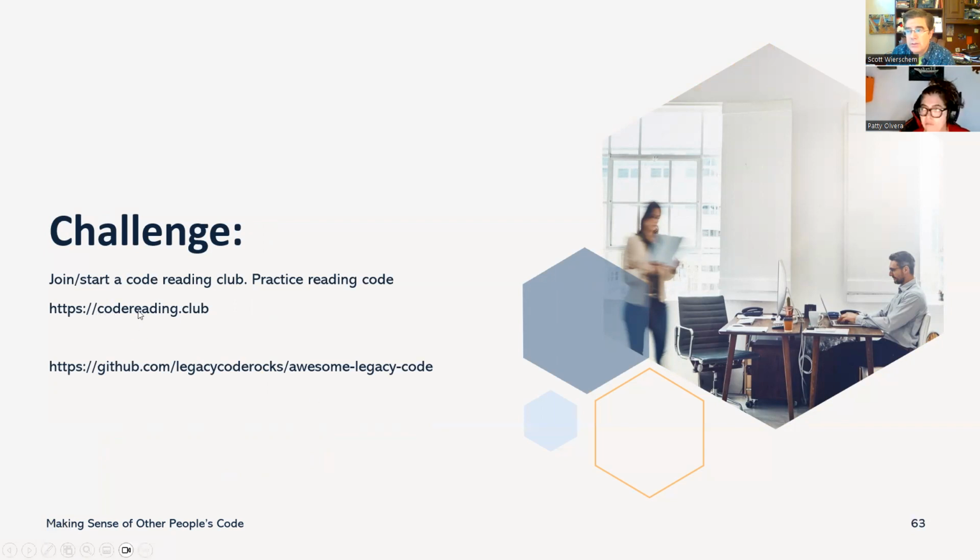You can go to the codereading.club website, and there Felienne has a list of different code reading clubs around the world for people who are practicing reading code. Also, she hosts a code reading club once a month, and you can join in on that. It's where I've learned a lot of the cool things, the tools that she has and stuff.